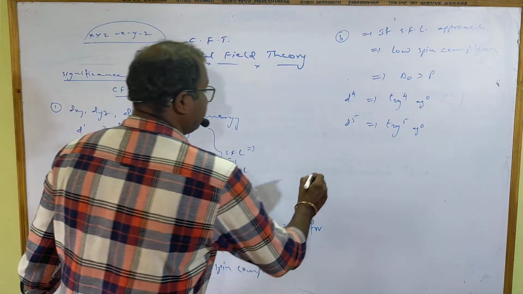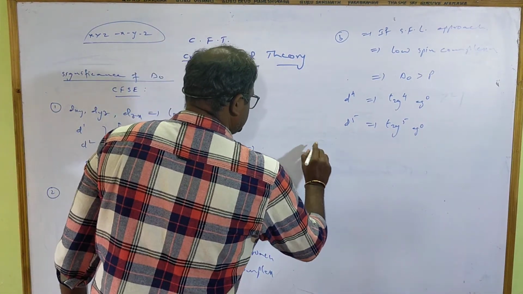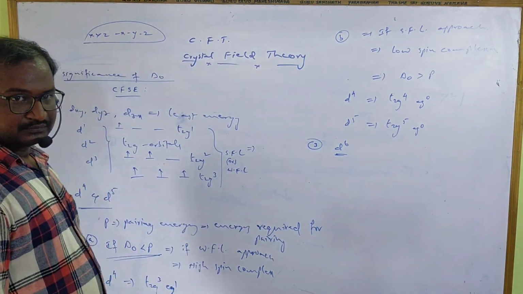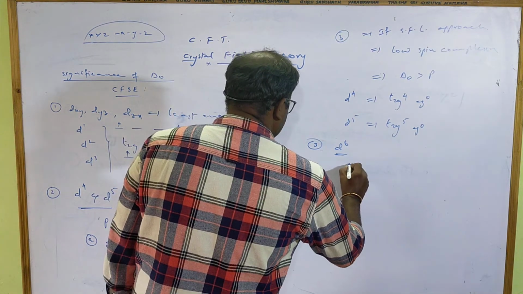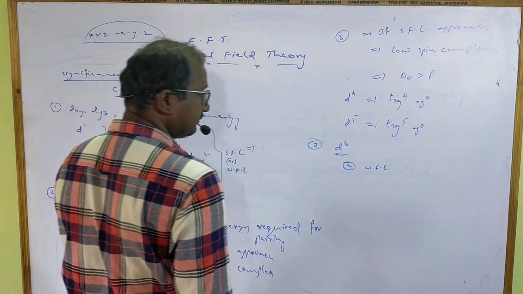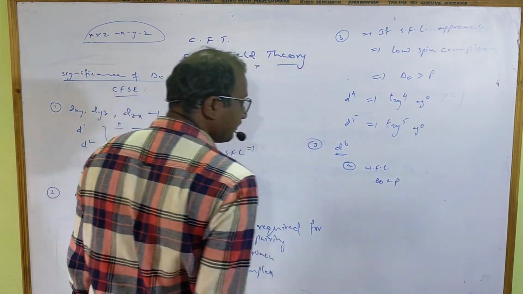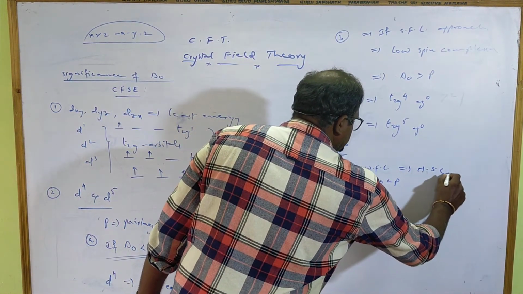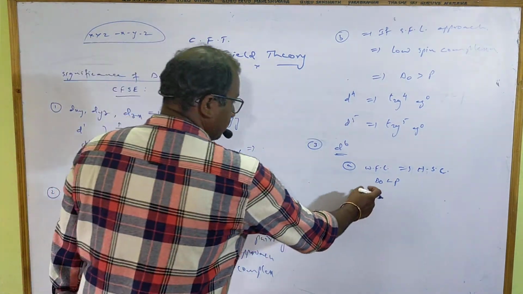And C, for D6. Let me take it as the third option. For D6, in this case also the same thing. A, if weak field ligands are present, definitely delta O becomes less than P. It is a high spin complex. I am writing it as a shortcut, HSC means high spin complex. Delta O becomes less than P.